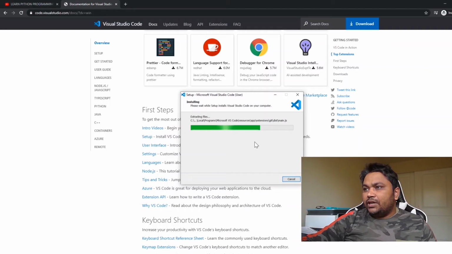Visual Studio is also a good one, but it is a more heavyweight IDE. Visual Studio Code is lightweight, so you can install whatever plugin is needed for you. So it is installed. Let me launch this one.